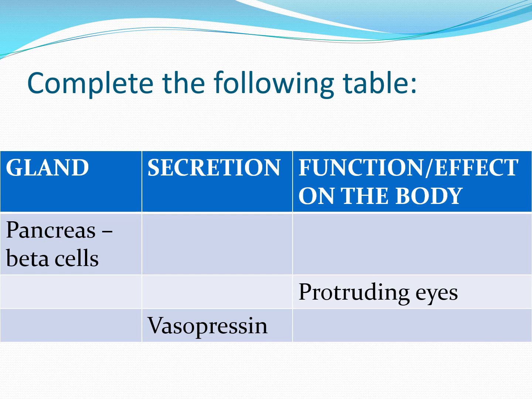Next, in the second one, gland and secretion both are not mentioned, but effect is mentioned, that is protruding eyes. Protruding eyes is a prominent symptom of exophthalmic goiter. Exophthalmic goiter is caused because of hyperthyroidism. So secretion is excess thyroxine, meaning thyroxine is produced in excess. Thyroxine is produced from the thyroid gland. So the second one, gland is thyroid gland, secretion is excess thyroxine, then protruding eyes is a symptom of exophthalmic goiter.